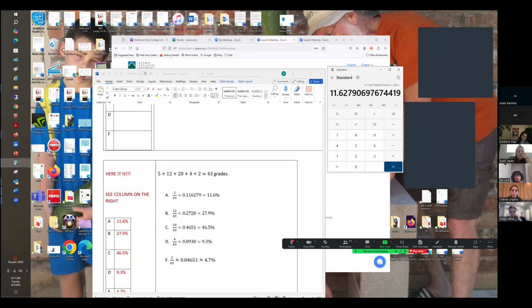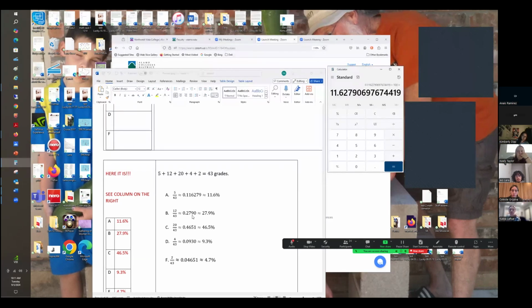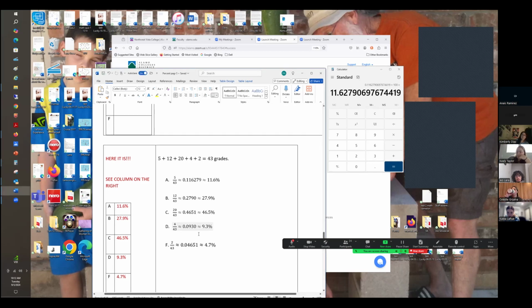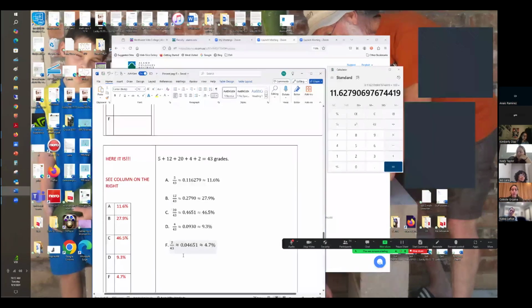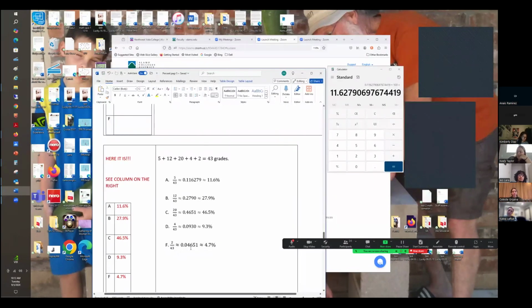If you're rounding up a 9 to the next higher number, then you just go to the left and round that up instead. Okay, and likewise, 20 out of 43 is 46.51, which rounds to 46.5. 4 out of 43 is 9.30, which rounds to 9.3. And 2 out of 43 is 4.65, and the 5 is big